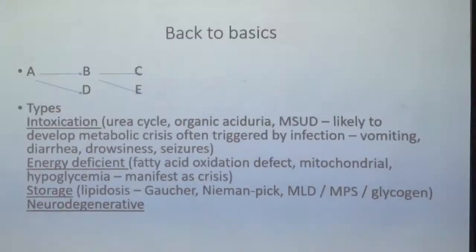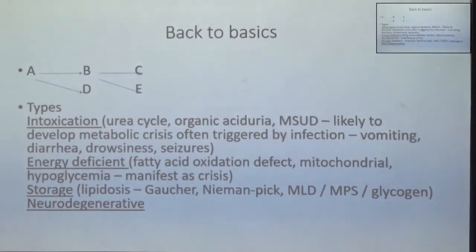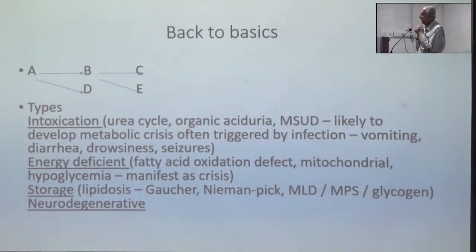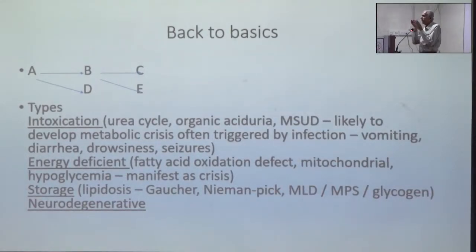Now I think one thing you must know is what these metabolic abnormalities are. Normally if a product A has to be converted into B and B into C, you need the enzymes. And if for A to B that enzyme is lacking, it may develop into D. That is an abnormal metabolite. And A to B went well, but if for B to C that enzyme is defective, you end up with E. And that D and E are troublesome because they are abnormal metabolites. And that is exactly how inborn error of metabolism works.